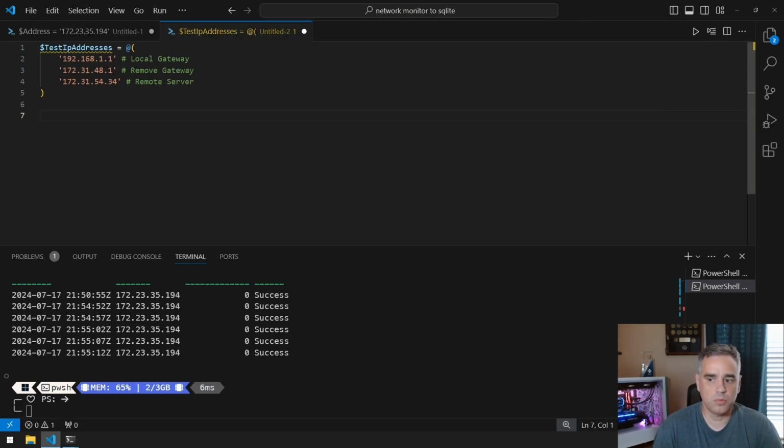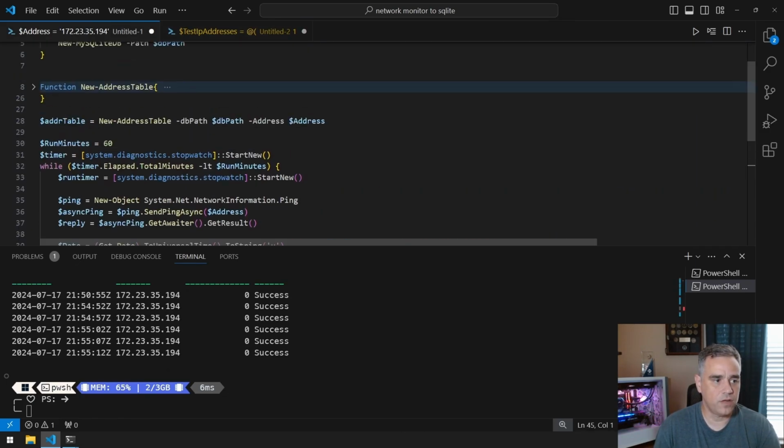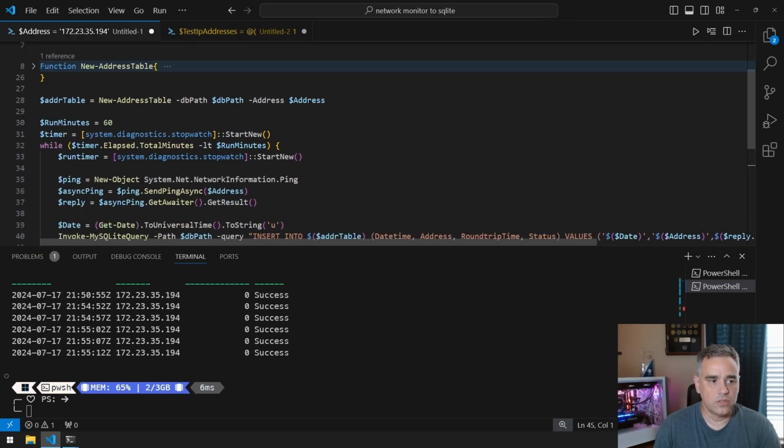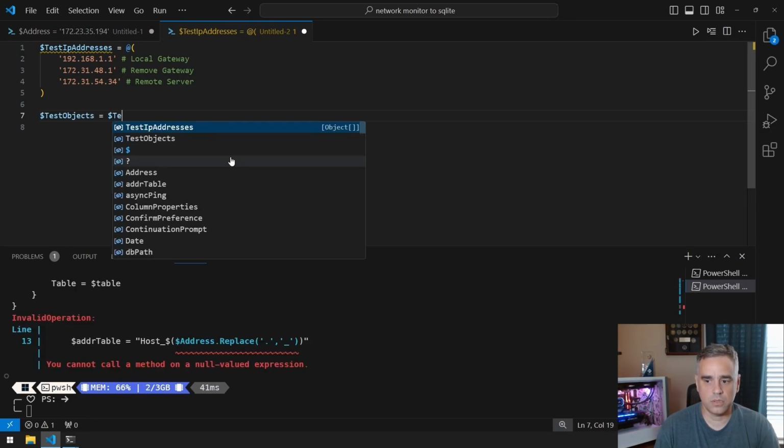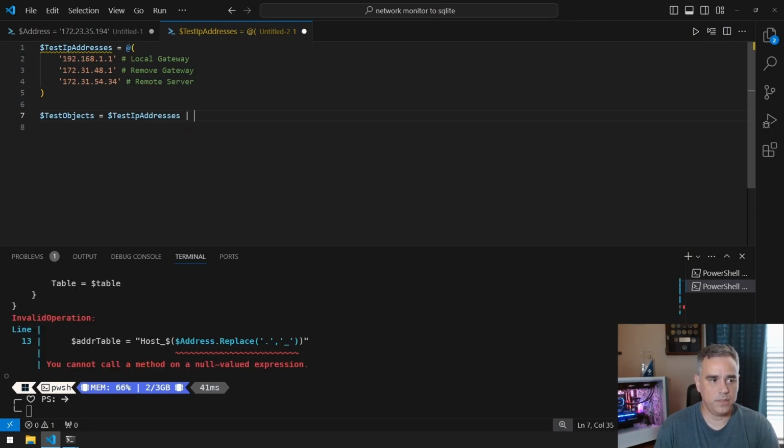So what we actually want to do is run these in parallel with each other. The problem that we're going to face is that we've defined custom functions in here, and those functions are not easily passed into a for each parallel loop. They can be. It's not pretty. It's typically not something that I would recommend. So what we're going to do is take our test IP addresses that we just defined up above, put those